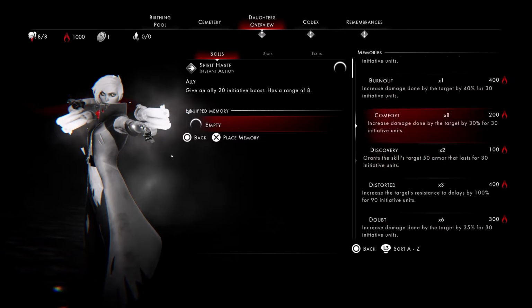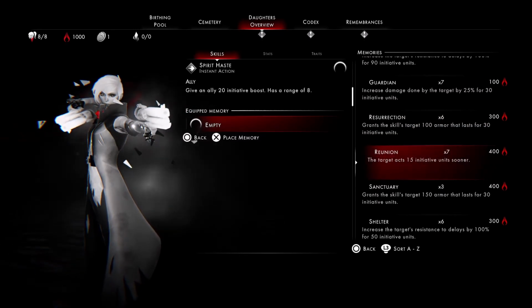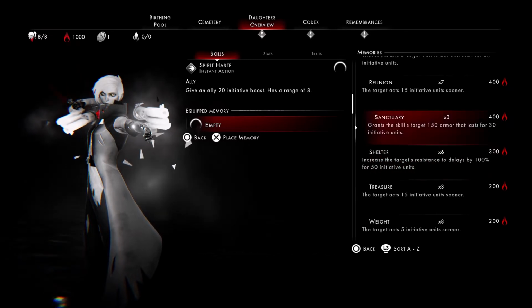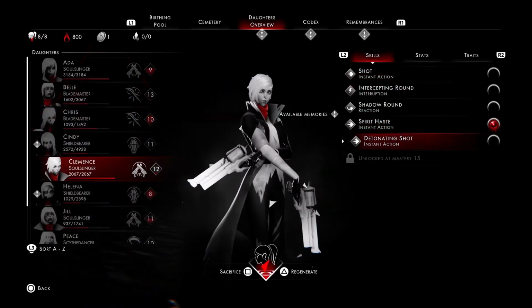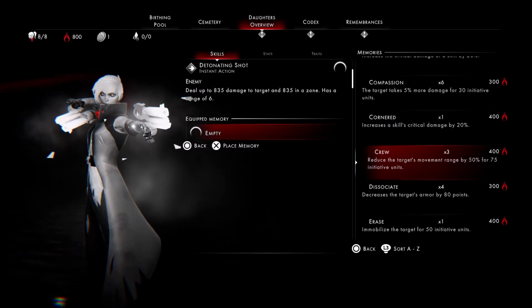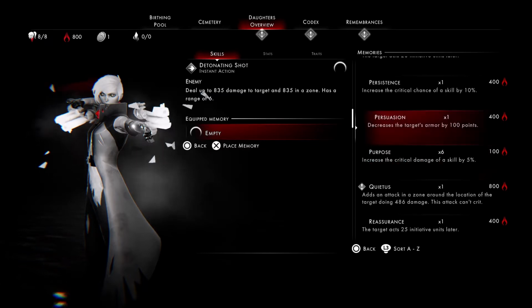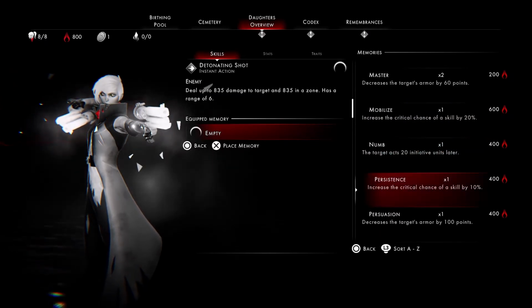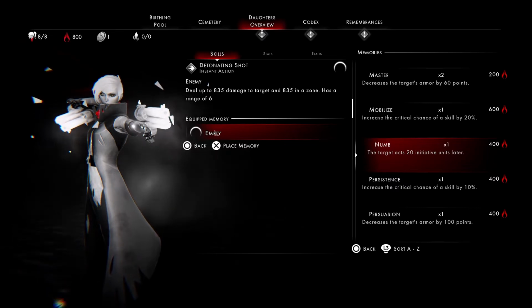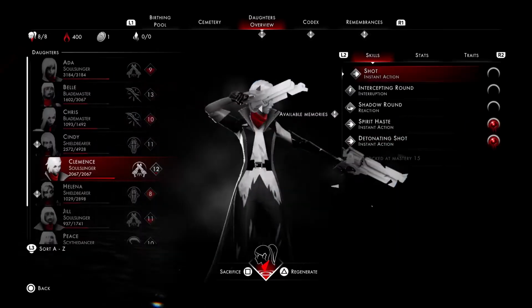Spirit Haste. Let's put the easy things on first. Yeah, treasure always. Detonating Shot. That will be initiative delay, or 25 units. That's nice. Yeah, let's put that on. That's expensive, but...